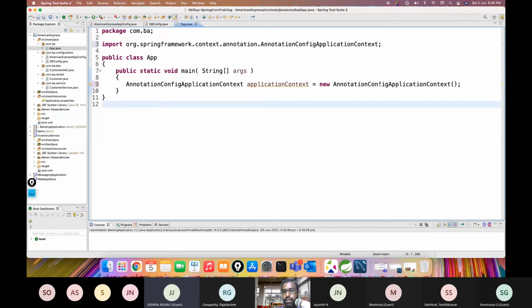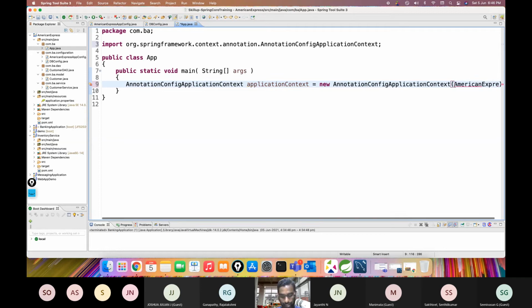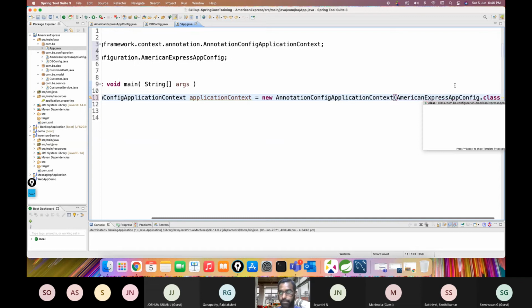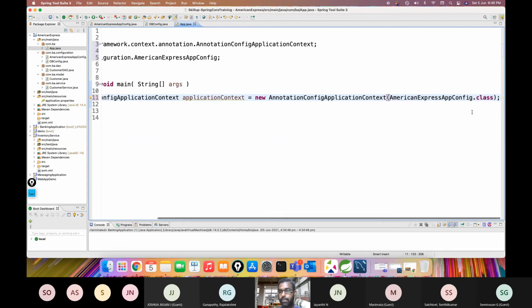So annotation config application context. Yeah. So that is the type of context that we are going to use right now because it's a Java based configuration, and feed in your American Express app config. If you have said that, yes, of course, that is what I'm going to do right now. American Express app config dot class. Okay. And then